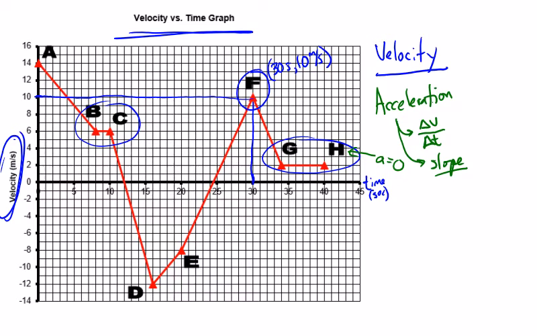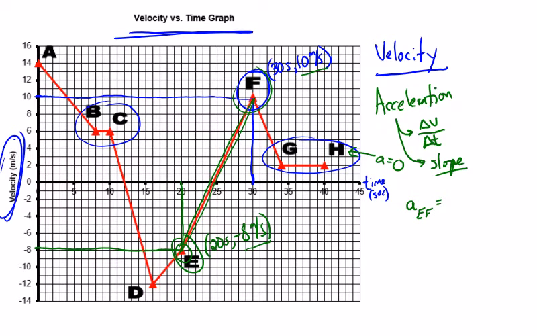But in a situation like E to F, now this object is actually accelerating. And so I should be able to find it. So if I find the point here at E, it's at -8 and the time is 20. So the ordered pair is 20 seconds and -8 meters per second. Remember, the negative just indicates that it's going in an opposite direction. So maybe negative means it's moving to the left and positive means it's moving to the right, something to that effect. So even though it's going to go from moving in one direction to moving in an opposite direction, I should be able to still find the acceleration from E to F